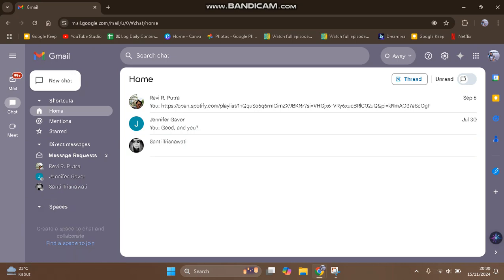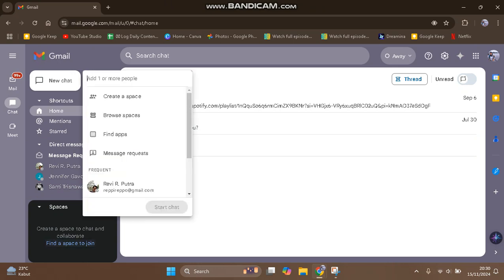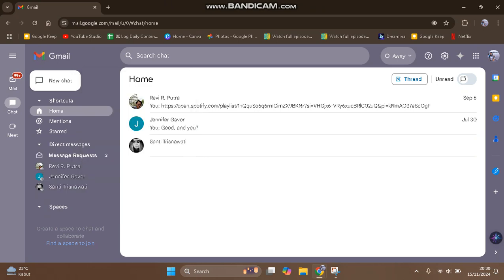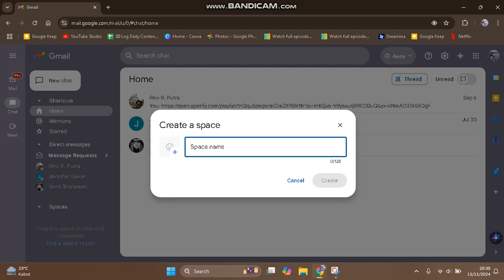So in here, if you want to create a group chat, you can just click on Spaces and tap on Find a space to join. You can click on Create a space to create a new space or a group chat, and here you can just add a space name, example. Now you can tap on Create,